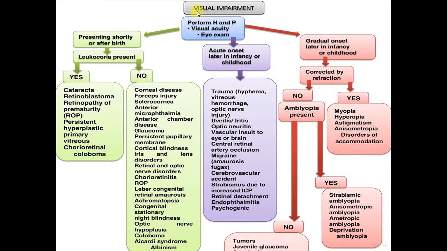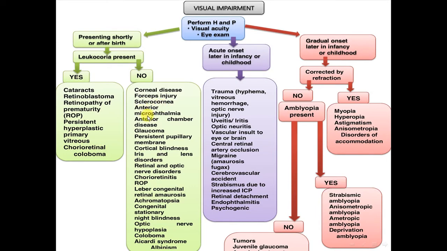How to approach a child with visual impairment after performing history and physical examination, visual acuity, and eye exam. Is it presenting shortly after birth? Ask about or look for leukocoria. If it is present, this may be cataract, retinoblastoma, retinopathy of prematurity, persistent hyperplastic primary vitreous, or chorioretinal coloboma. If there is no leukocoria, this may be corneal disease, forceps injury,